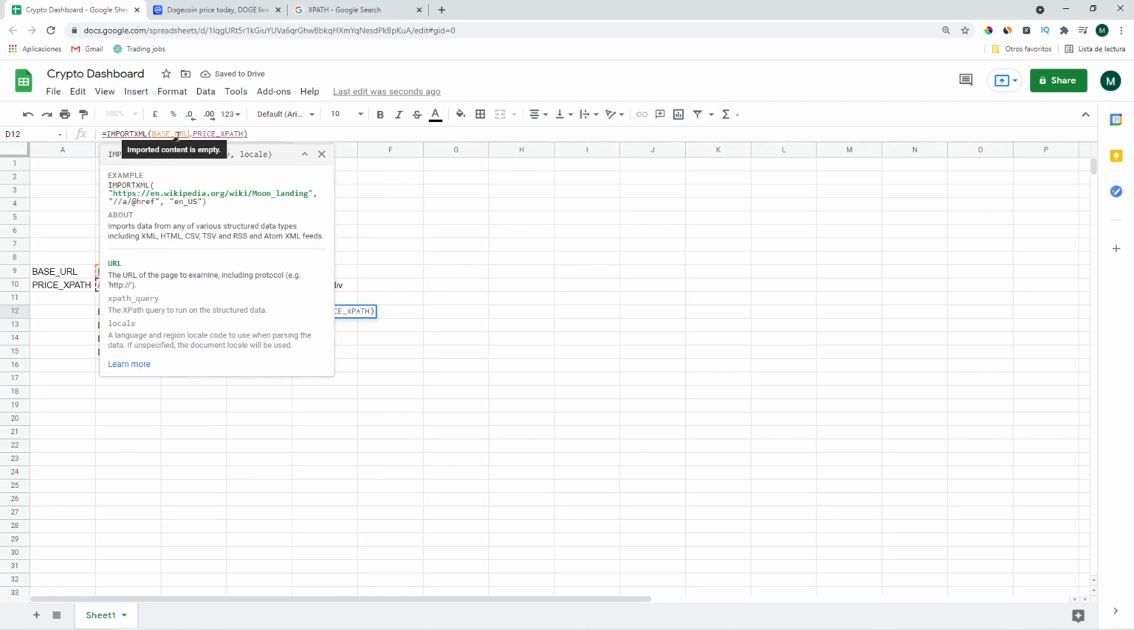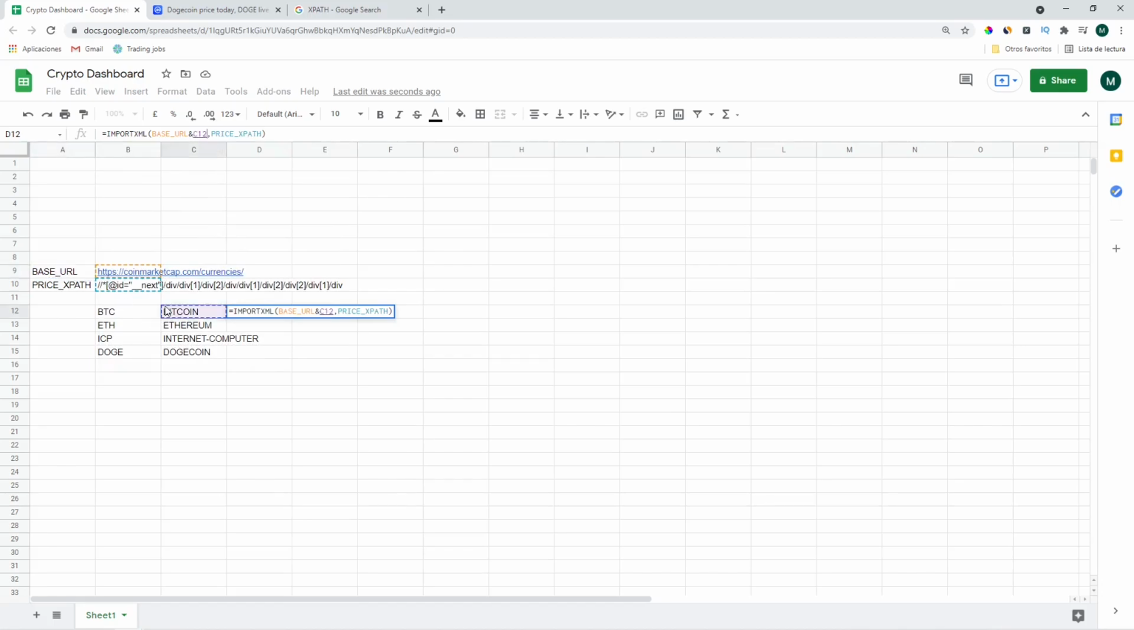And let's fill the missing part. It's going to be base URL and the name. Okay, that worked. Okay, let's copy that and paste it for the remaining cryptocurrencies. Let's go ahead and name the columns. This is going to be the price,